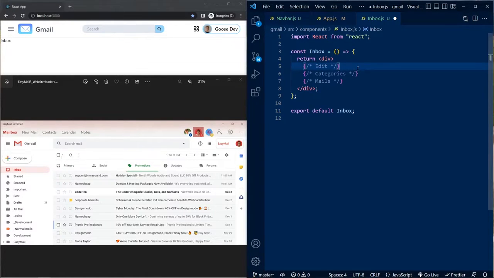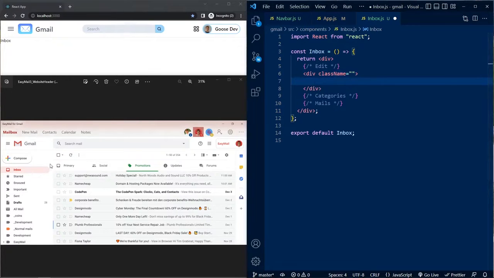So for the left thing, we'll have a div right here. Full stack or just front end clone? We're doing the front end of this app. So edit. Okay, so in edit here we'll have, let's see, the left thing right here will have a